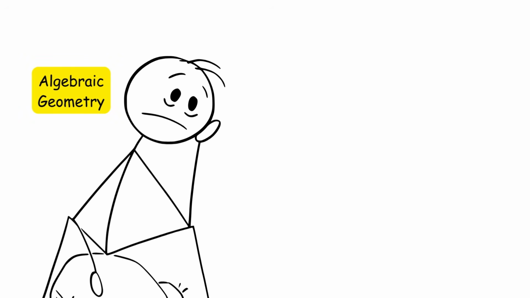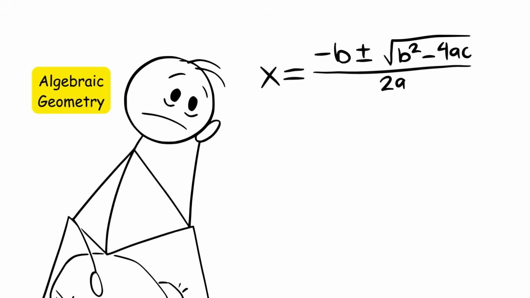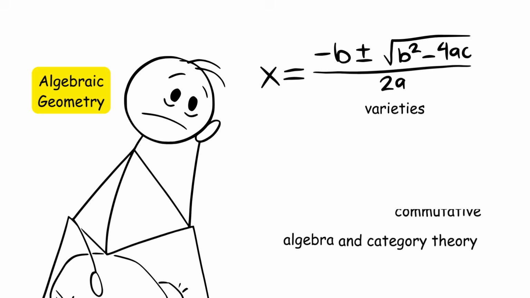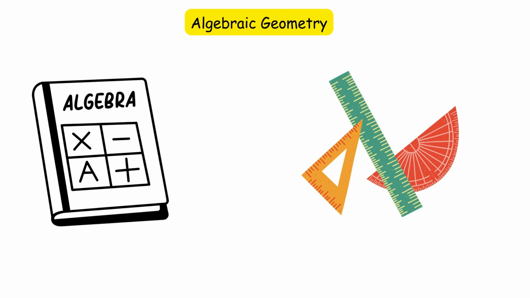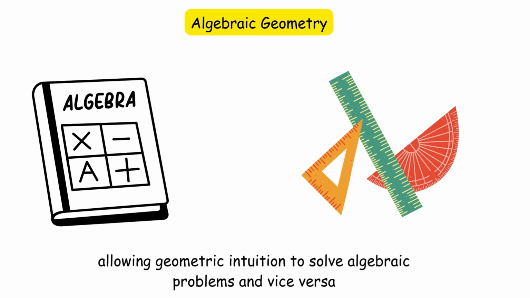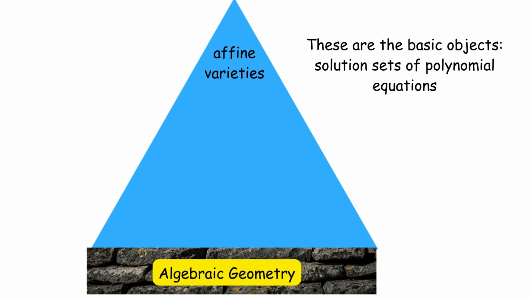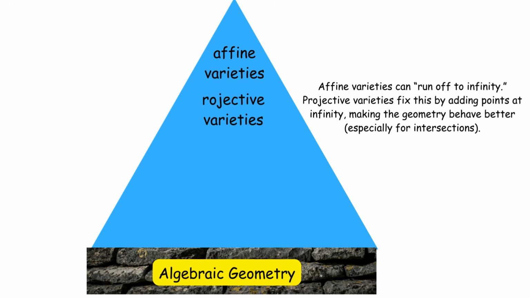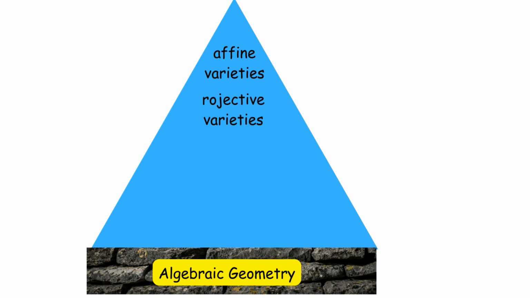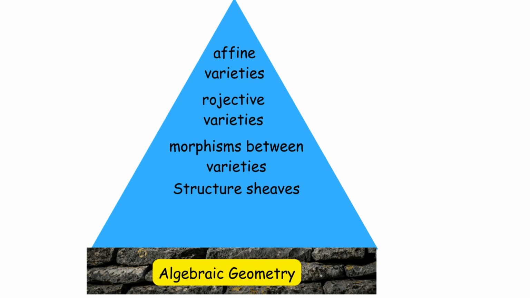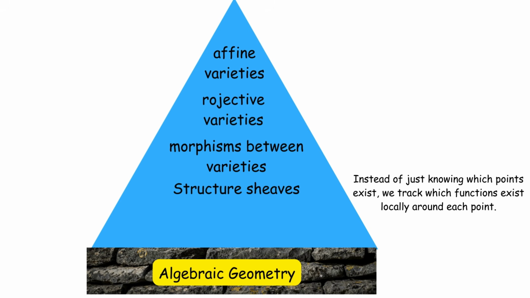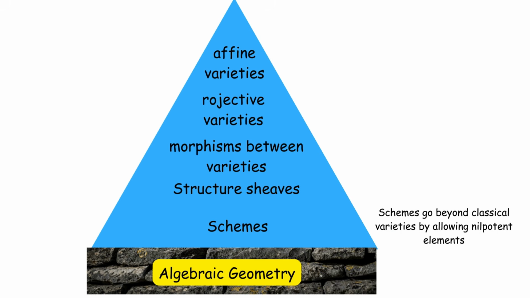Algebraic geometry studies solutions to systems of polynomial equations, called varieties, using tools from commutative algebra and category theory. It unifies algebra and geometry, allowing geometric intuition to solve algebraic problems and vice versa. Its foundations rest on affine varieties, defined as zero sets of polynomial ideals, projective varieties, which compactify affine varieties by adding points at infinity, morphisms between varieties, structure sheaves providing local algebraic data, and schemes, which generalize varieties and allow